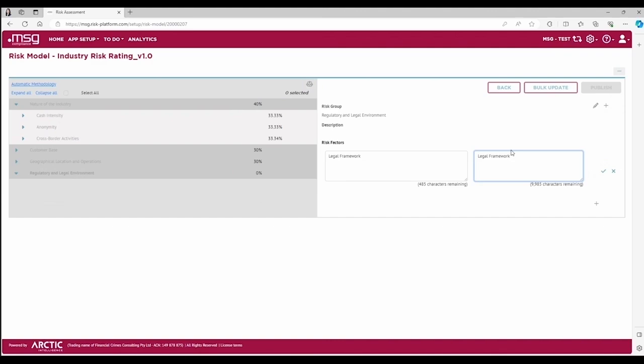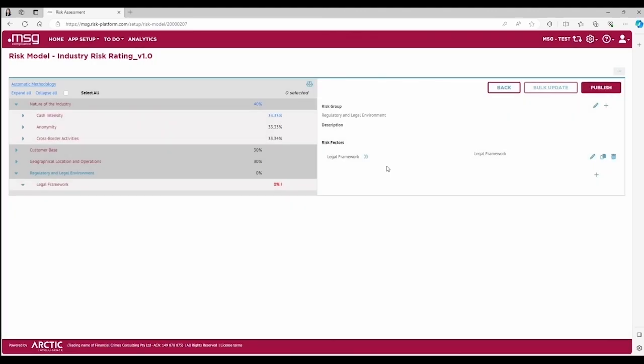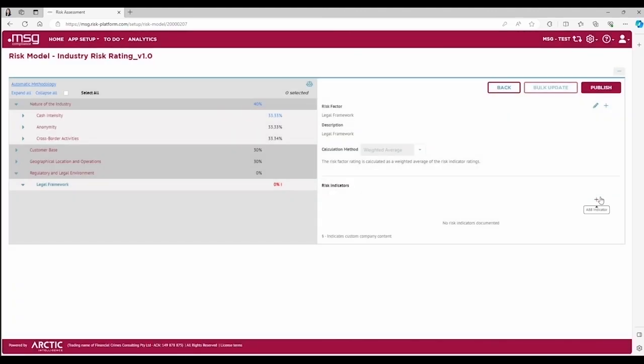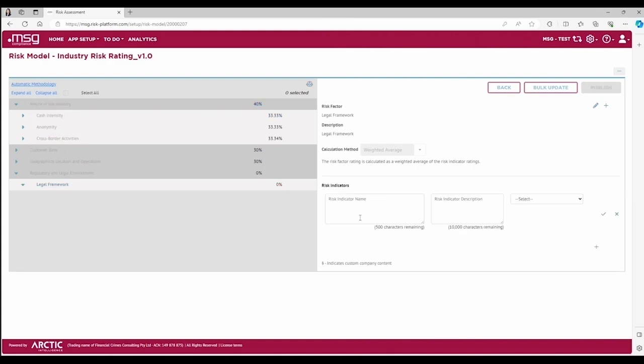We need to do the last step of creating an indicator for that risk factor, and it could be formulated in the following way: Is there a robust legal and regulatory framework governing the industry across jurisdictions with respect to AML?